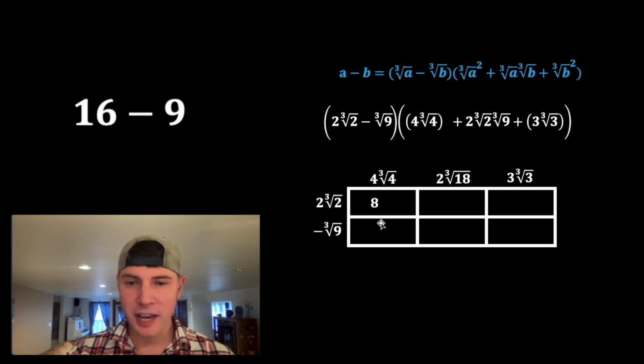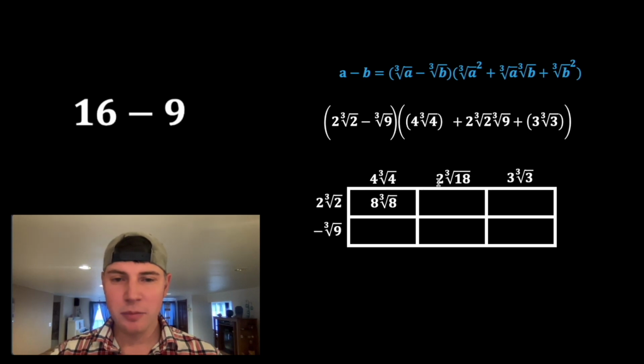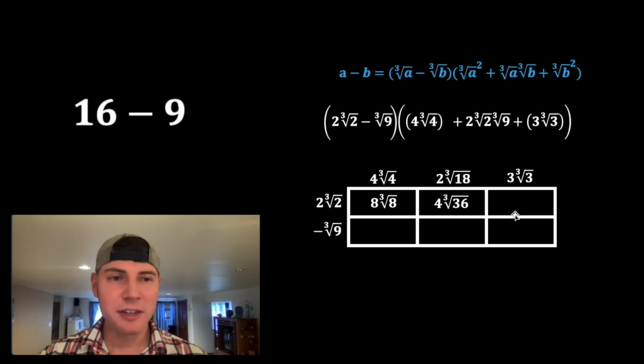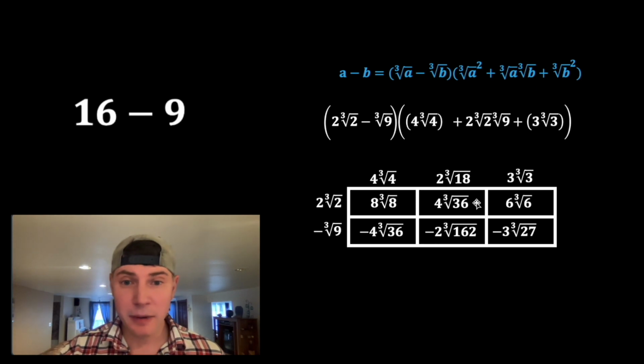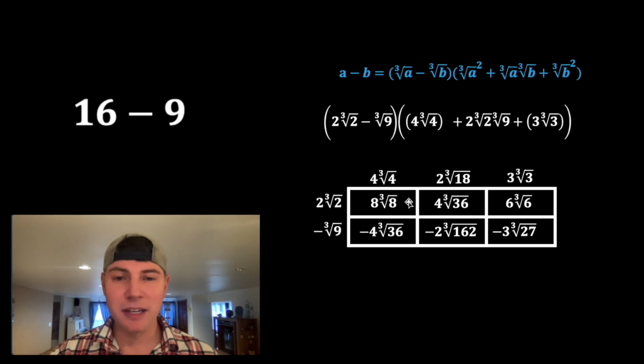2 times 4 is 8, and then cube root of 2 times cube root of 4 is equal to cube root of 8. And then 2 times 2 is 4, and cube root of 2 times cube root of 18 is cube root of 36. And that is going to continue for the rest of these. Now, if we add up everything on the inside, that's going to give us the same thing as 16 minus